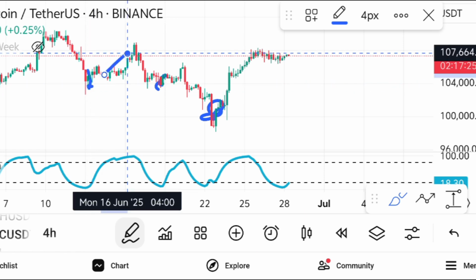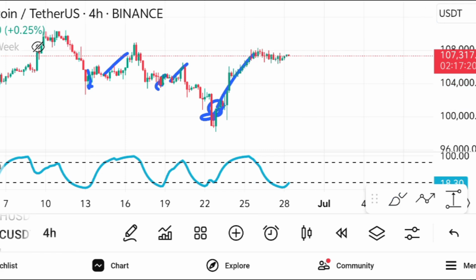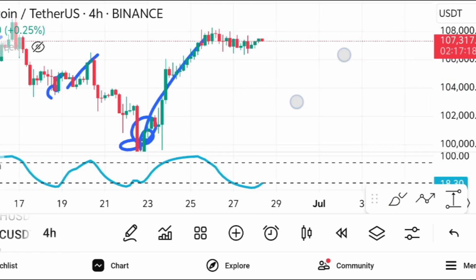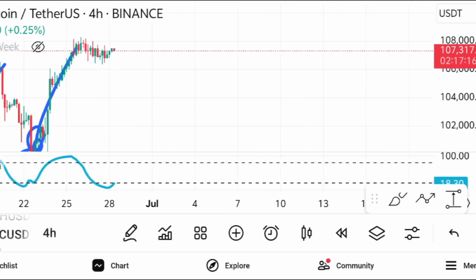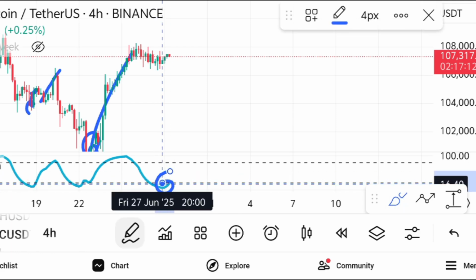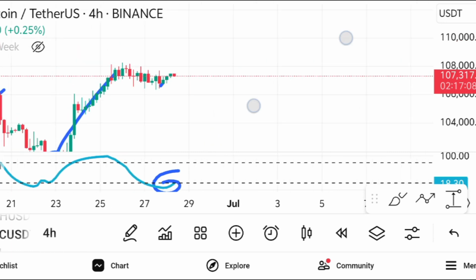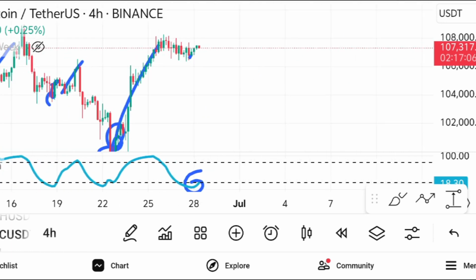From each bottom, we went up, went up, went up, before we actually reversed to the downside. Now, the same thing can be expected right now from Bitcoin. Look, we made a bottom on the 4-hour cycle. It was actually this morning when the bottom was made. Now we made a bottom here. And what I expect from the price is that it will push a little bit up before it then reverses to the